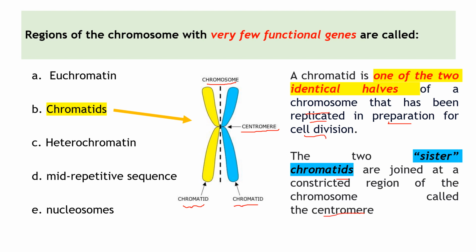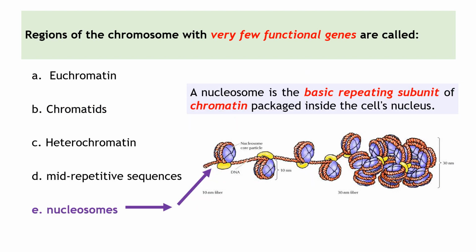Okay, so definitely chromatids is not the answer. Euchromatin is not the answer. Mid-repetitive sequence is not the answer. And we know that nucleosome is not the answer. Now I'm just going to show you a few diagrams of the nucleosome and talk a little bit more about the nucleosomes. We generally talk about chromatin,